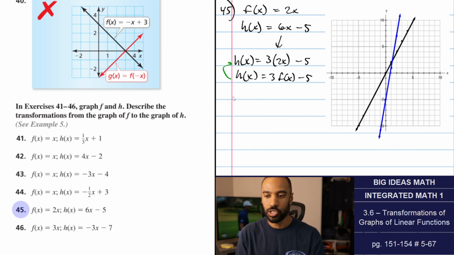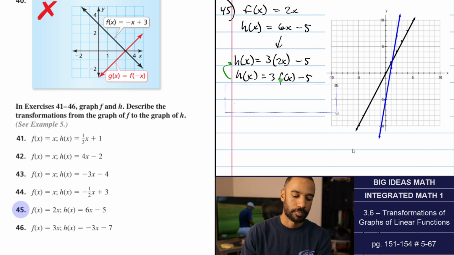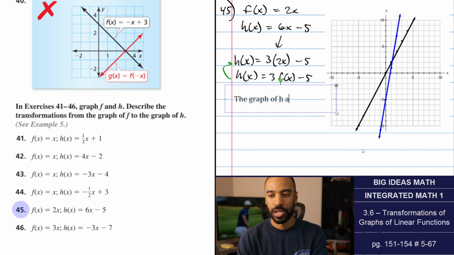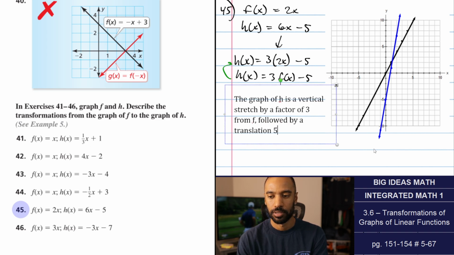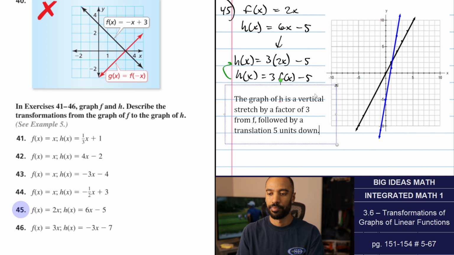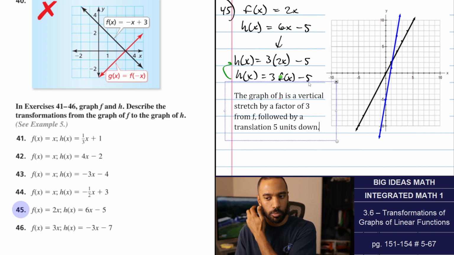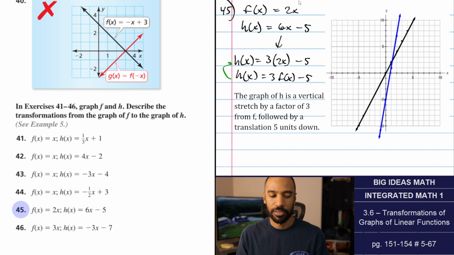So the graph of h is a vertical stretch, but not by a factor of 6, by a factor of 3, followed by a translation 5 units down. That was a little bit trickier, and that one's a little more useful in terms of looking at what we have there. Number 46,